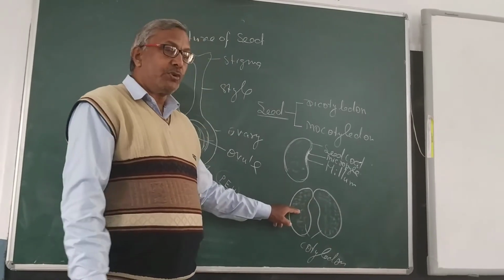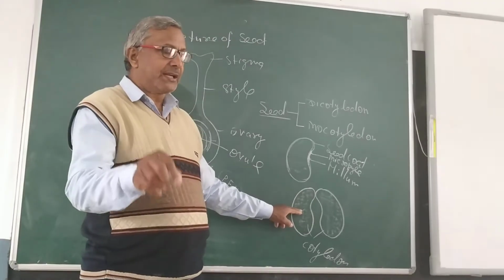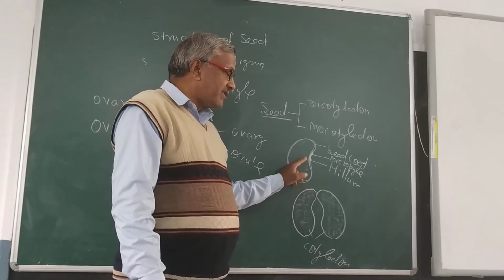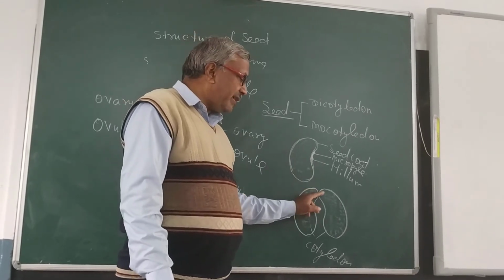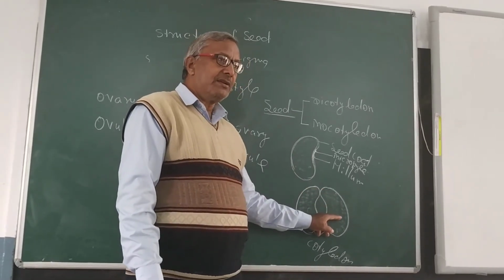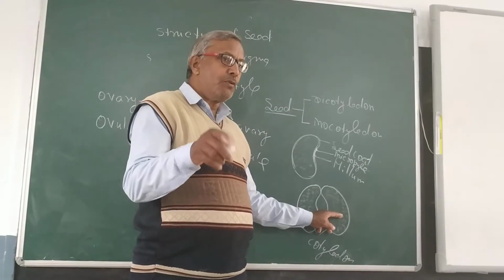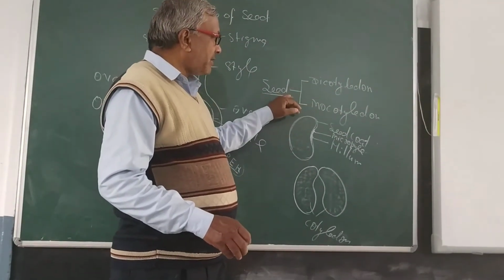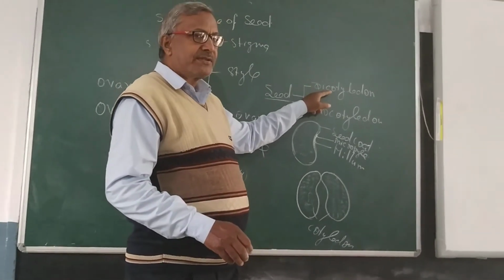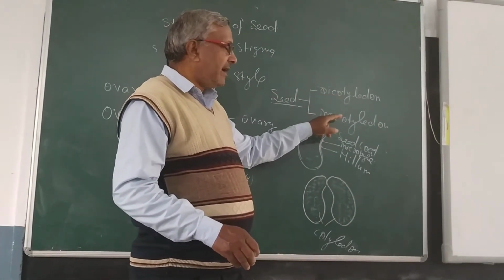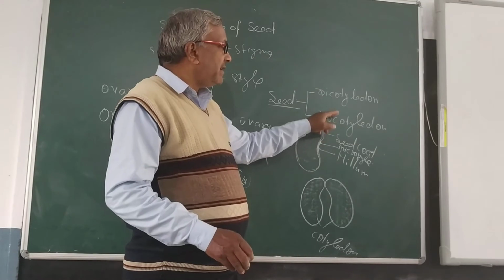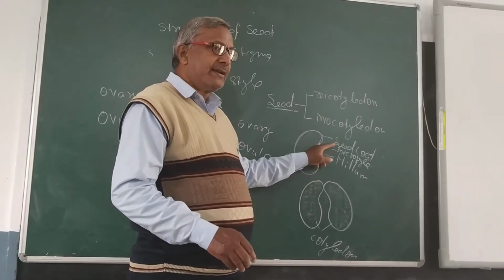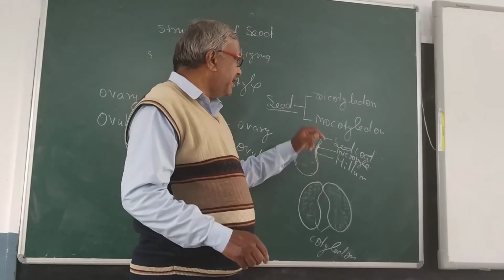But you are taking the wheat and rice, put in the water, when it becomes soft, after removing the seed coat, you will get only one cotyledon. So that is the example of monocotyledonous seed. So on the basis of number of cotyledons, seeds are two types, dicotyledonous and monocotyledonous. In dicotyledonous, two cotyledons are there, and in the monocotyledonous, one cotyledon.